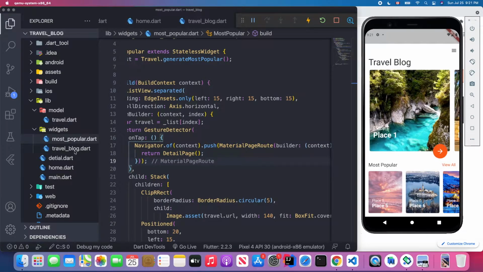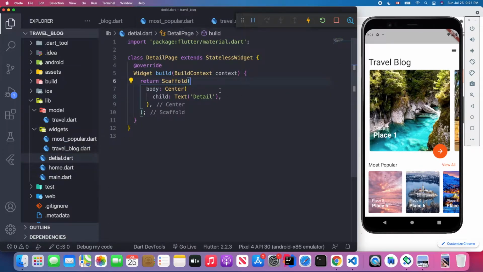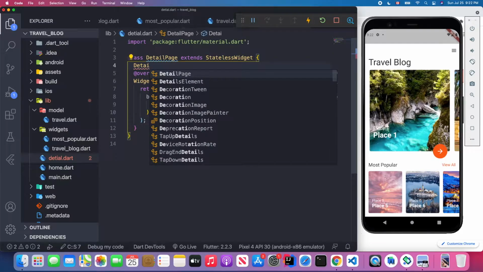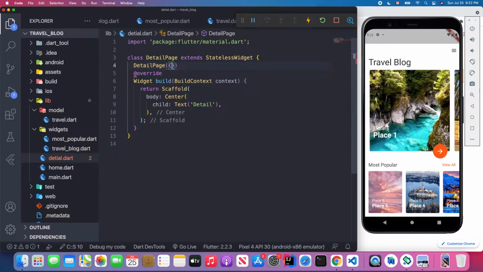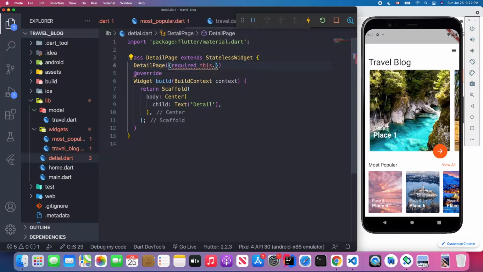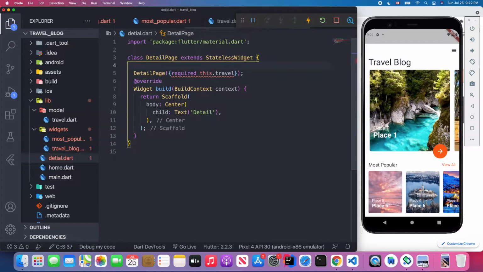Okay, we can keep working on our second page, which is this detail page. Okay, so we may use some information passed from this first page. So we probably need to write down its constructor. So detail page, and we probably need this trouble, and we need to define